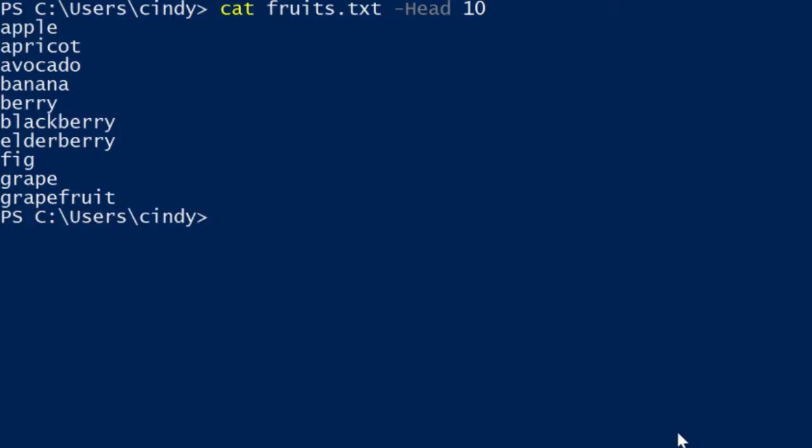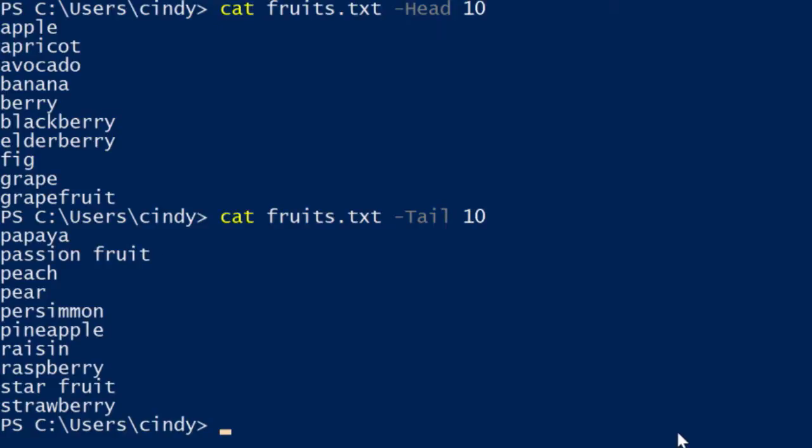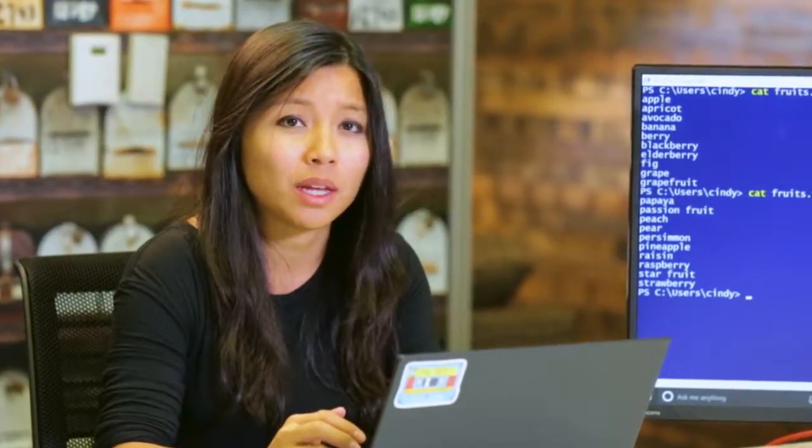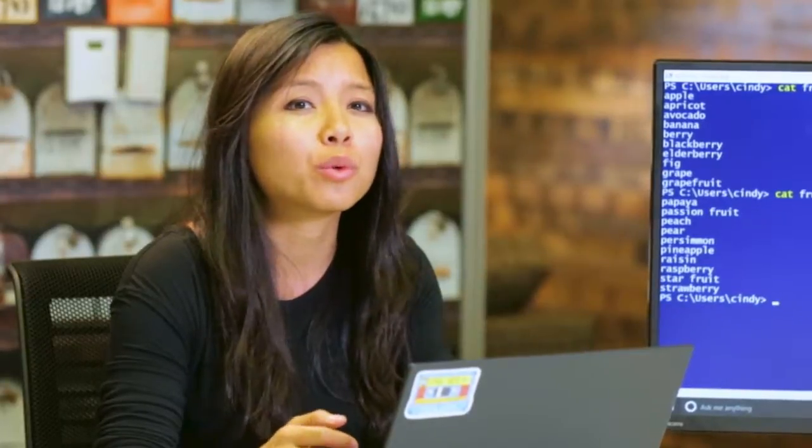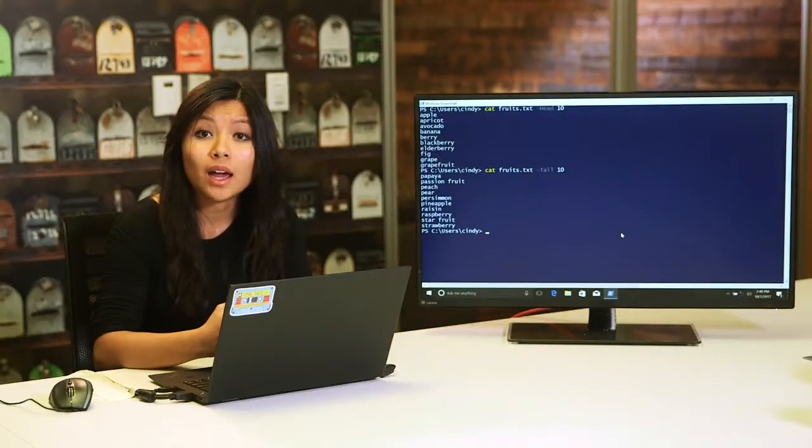Now, what if we wanted to view the last few lines, or the tail of the file? I bet you can guess what we're going to do. This will show us, by default, the last 10 lines of a file. Again, these two commands don't seem like they have any immediate use to you yet. We'll see their benefits when we work with logs in an upcoming lesson. Now, let's take a look at how to do these same tasks in Linux.